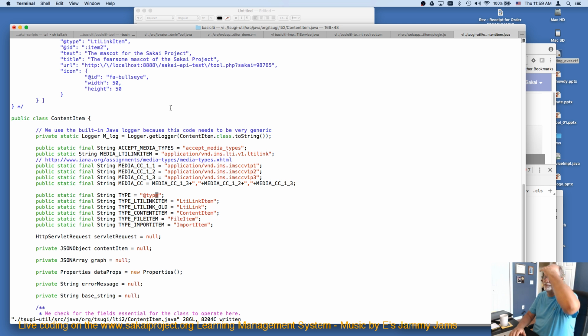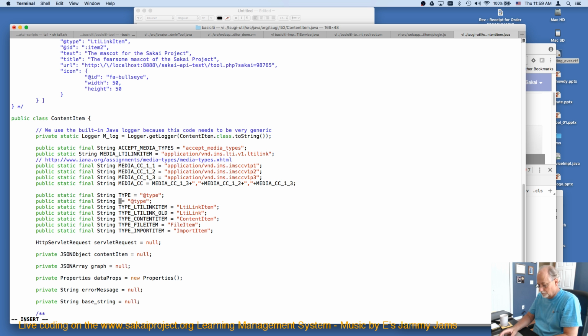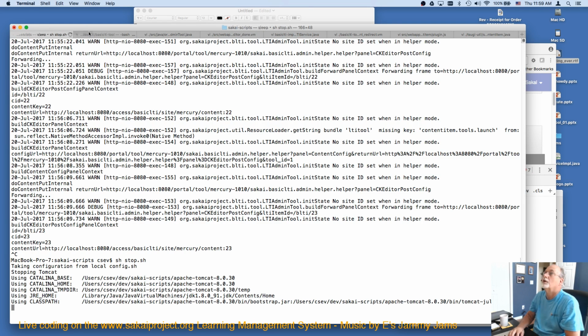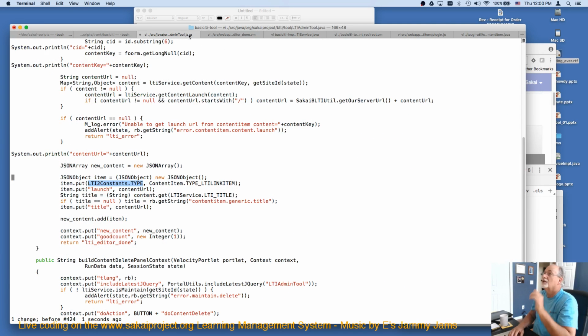I'm playing with services, so I'm gonna have to compile everything. I'm going to kill Sakai and compile everything. Okay, so I am going to change this to be, actually,